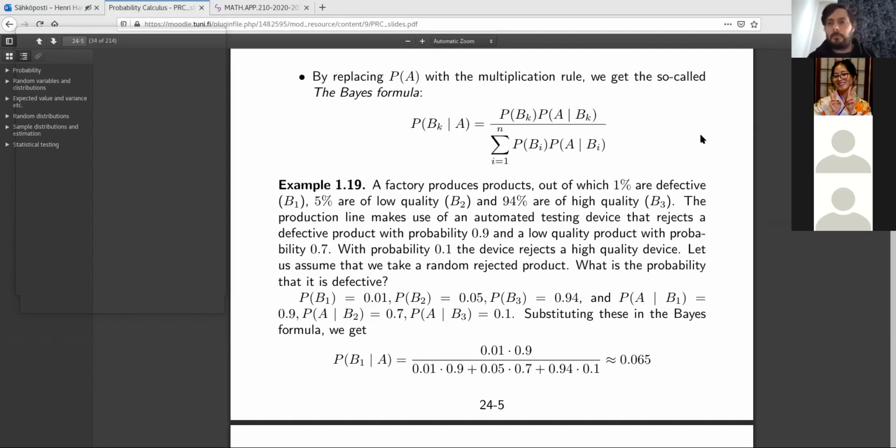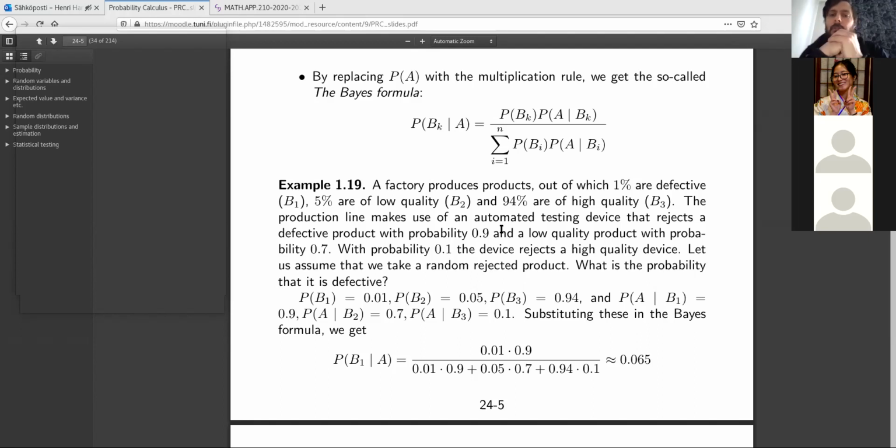Well, that's a little bit of a grave or morbid example. So let's use a more suitable example for applied mathematicians. Unless you become a forensic scientist, and they actually do a lot of these Bayes formulas. If you look at these TV shows, they don't mention it, but actually they use the Bayes formula quite a bit. But let's say we have a factory that produces products, and we have testing